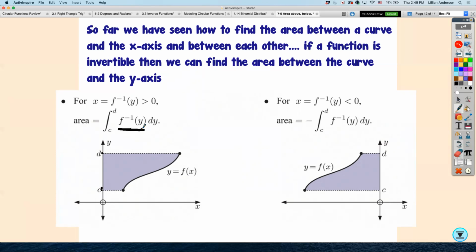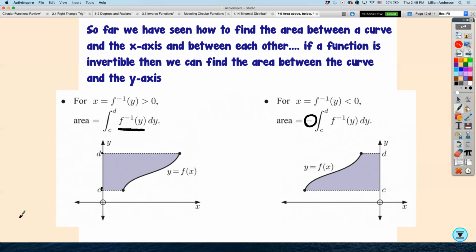If it's to the right of the y-axis, the area is positive, but if it's to the left of the y-axis, the area is negative. All right? So if they just give you a function y equals whatever,